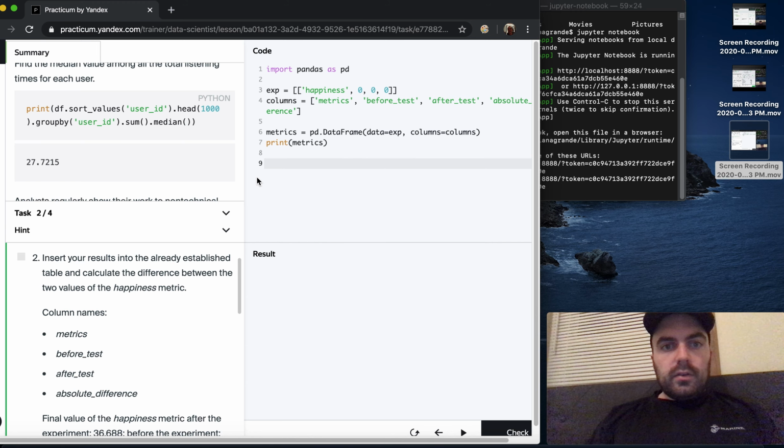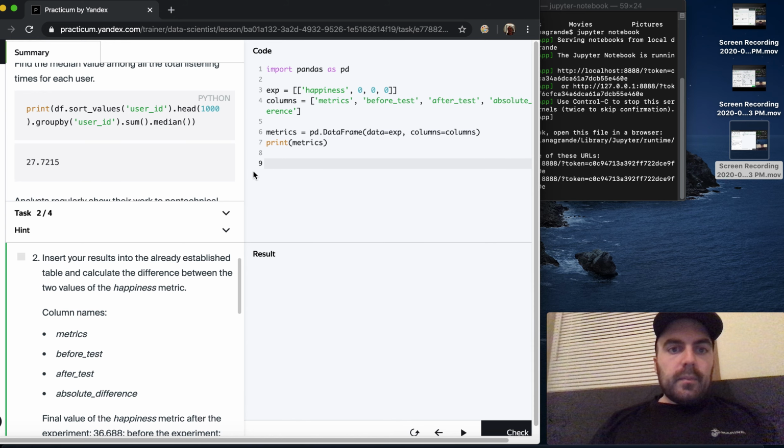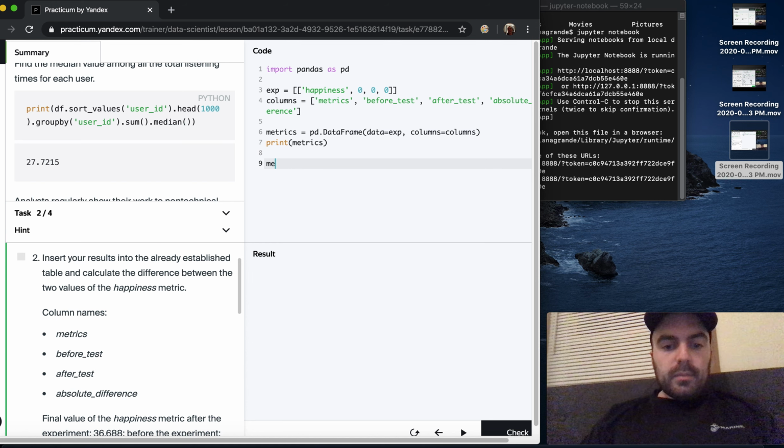So they want us to do... Oh, I see. They made the table called metrics here. Okay, when you do metrics